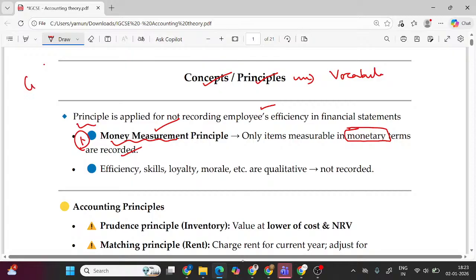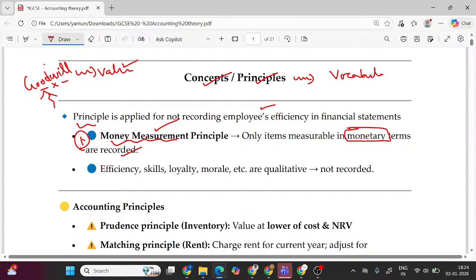Probably you may ask me, what about goodwill, ma'am? Yes, obviously goodwill need not be exactly in monetary terms, but that can be valued. And we have the accounting treatment for valuation of goodwill also. So even though this seems to be non-monetary in feature, if we can make this into a monetary value, then that can be recorded in the financial statement. So what they say is, you cannot say whether a number is good or bad. You have to measure the number and you have to put the figures only.